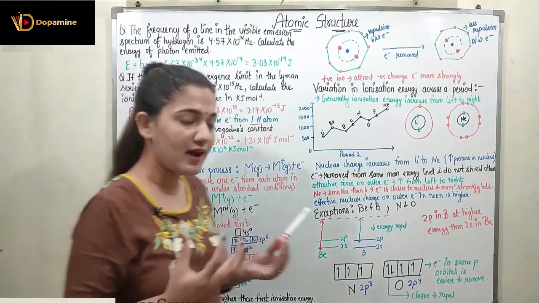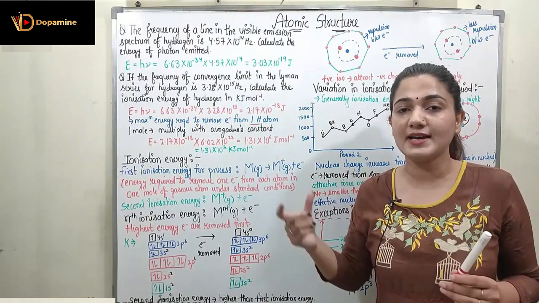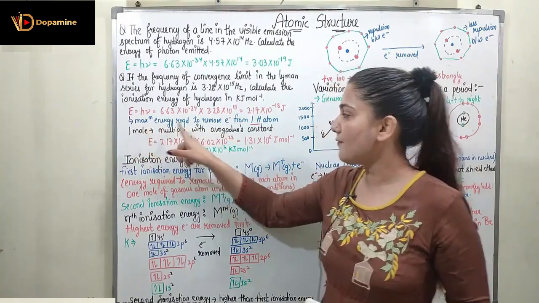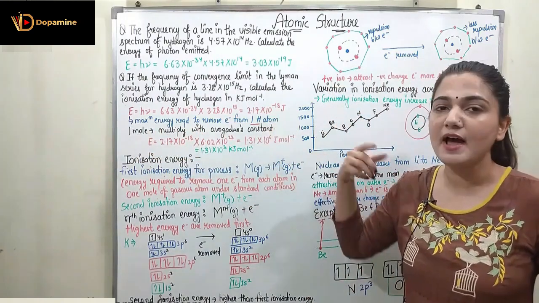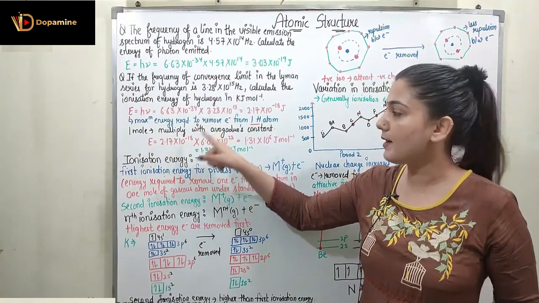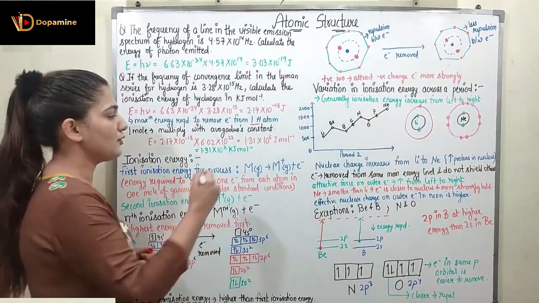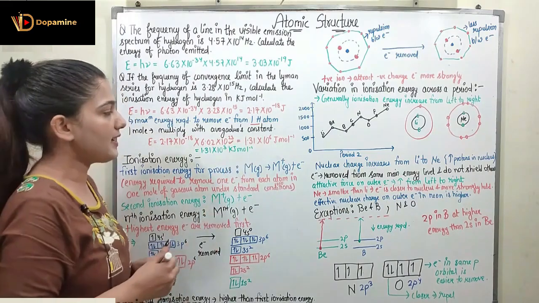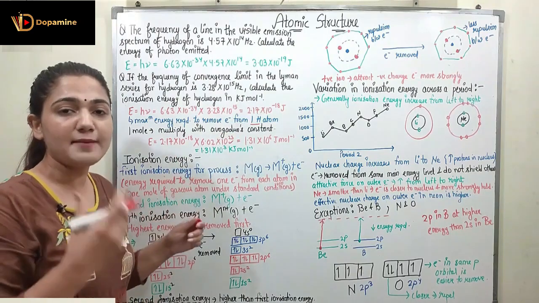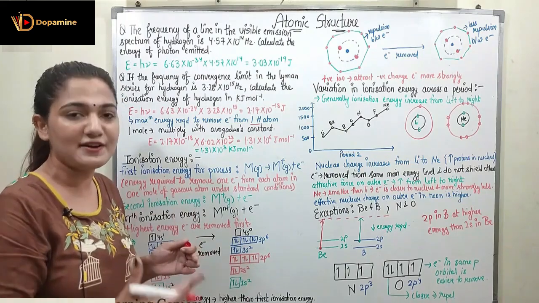And if I need to find out the energy in kilojoule per mole, I need to find out how much ionization energy is required for 1 mole of hydrogen atoms. So for 1 mole, I will multiply this energy with the Avogadro's constant. So when the energy 2.17 × 10^-18 is multiplied with the Avogadro's constant, that is 6.02 × 10^23, I will get 1.31 × 10^6 joule per mole. So this energy is for ionizing 1 mole of hydrogen atoms.